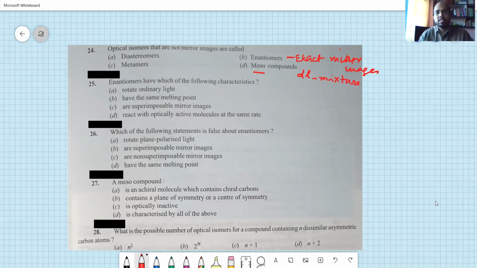So diastereoisomers are isomers in which you don't have any mirror images. For example, we have seen in the case of carbohydrates like this. Okay, so we have drawn 3, 4, 5, 6 CH2OH here. You can see that in one isomer OH may be here, in another isomer OH may be here. So that makes the difference, and that will be called the diastereoisomer.